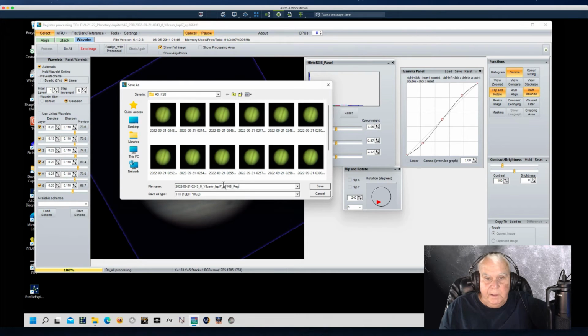But do not delete any part of the rest of the file name. As long as it is, just leave it alone, and you'll be glad you did, so you don't have to manually enter the UTC time later in Winjupos, because that gets aggravating. So we're going to save it,